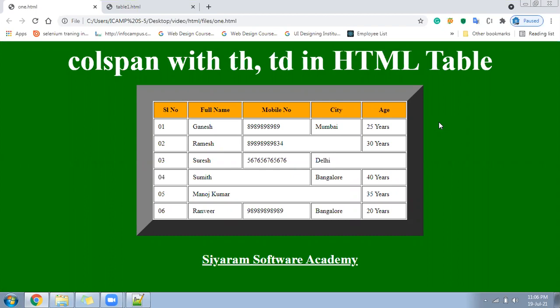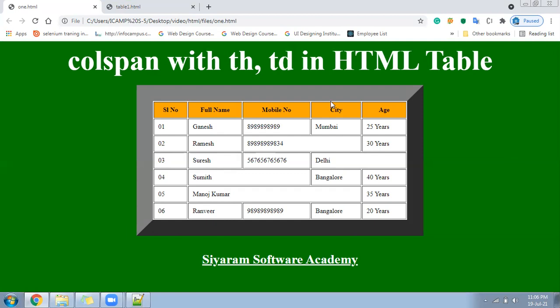If you remember your college marks card or your college timetable, you may see the complete table structure will be different, right? Similarly, if you look into this file, you can see in some places there are four columns, some places only three columns, some places two columns, and some places again four columns. So this is the game of your colspan property in HTML.